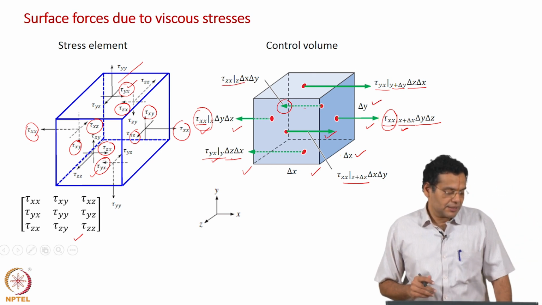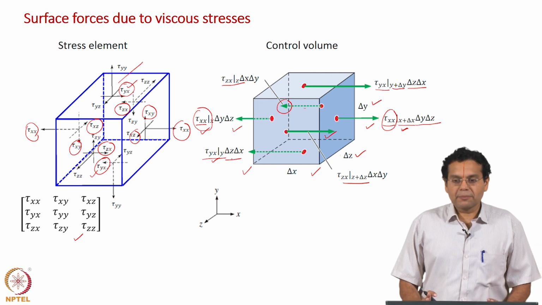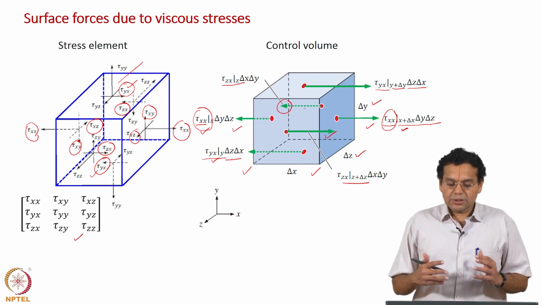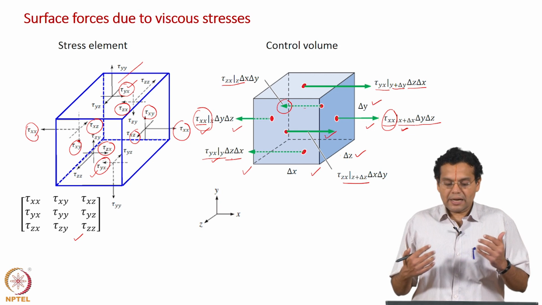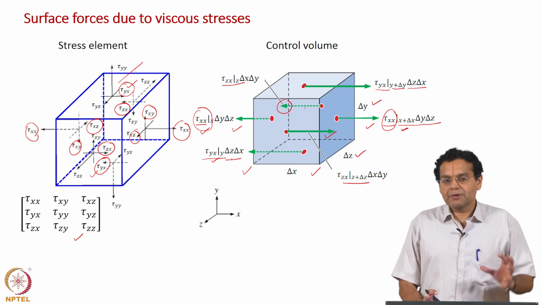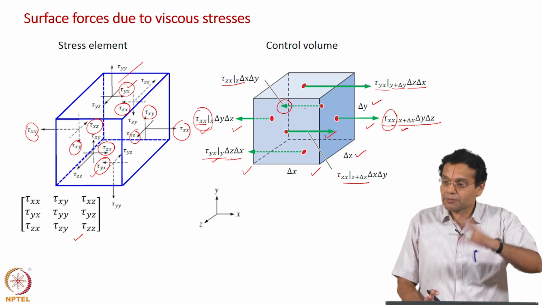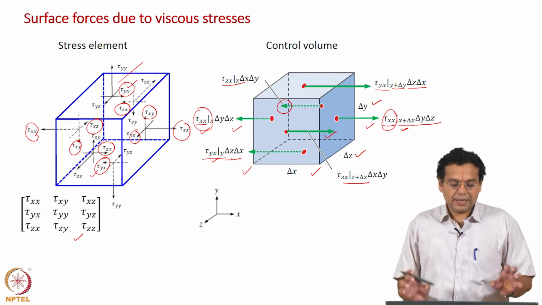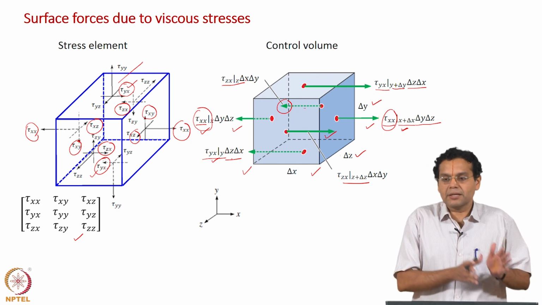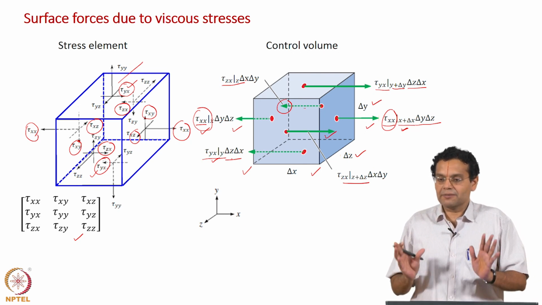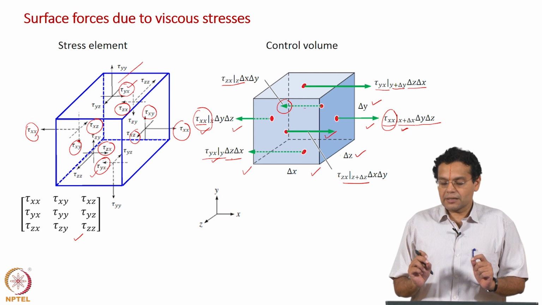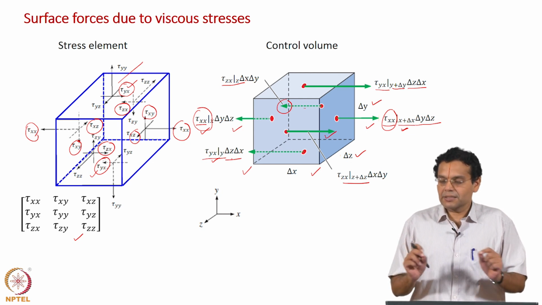Okay. I would also like to mention that when you look at books, you should be able to distinguish between a stress element and a control volume. Most of the books show the control volume straight away, and few books discuss the stress element. Because we have discussed more rigorously, we went to solid mechanics, understood how to represent stress, came to fluid mechanics, and understood how to represent stress. We are clearly distinguishing between the stress element and the control volume, and how to carry over that information from the stress element to a control volume, accounting for spatial variation. That way you can clearly understand why these arrow marks are drawn in a particular direction, for example for normal stresses, shear stresses, etc.